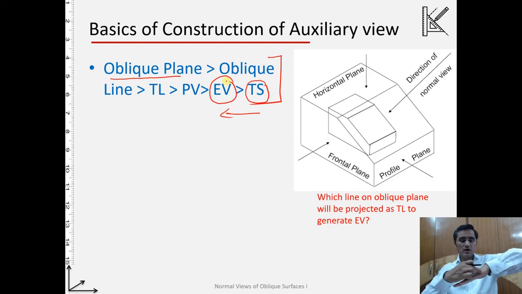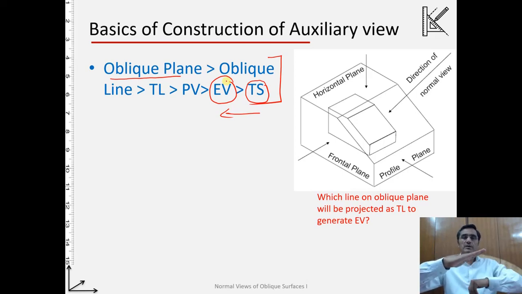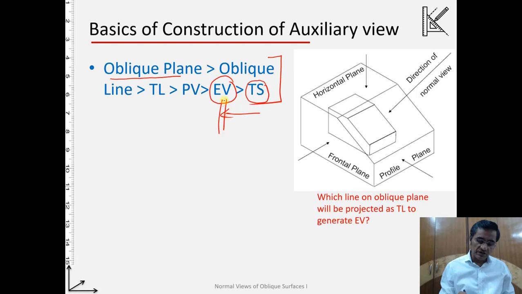If you know the edge view of this, then perpendicular to the edge view, I take another auxiliary plane. So this is the auxiliary plane now. Because I am taking it perpendicular to the auxiliary edge view over here, the given surface which was oblique will be projecting onto this auxiliary plane as the true view. Alright, so we need to generate the edge view of the given surface or given plane.